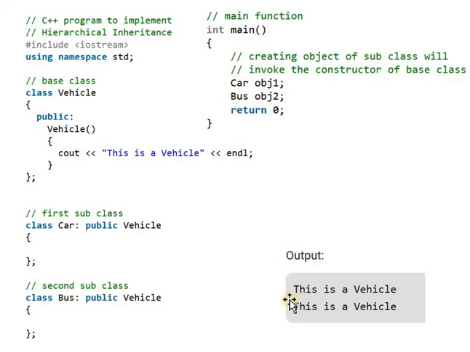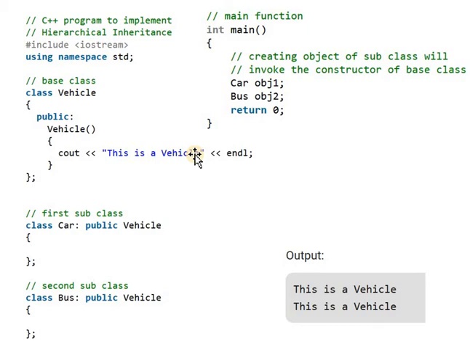Then again it displays the message "This is a vehicle," because here we are creating the object for the second derived class, that is bus. The bus is also calling the base class constructor. Because it is derived from the vehicle class, it will display the message "This is a vehicle."